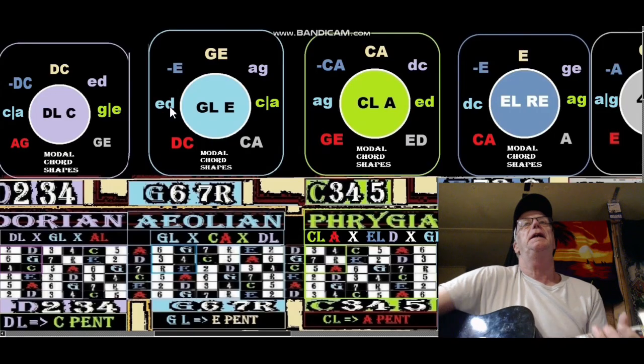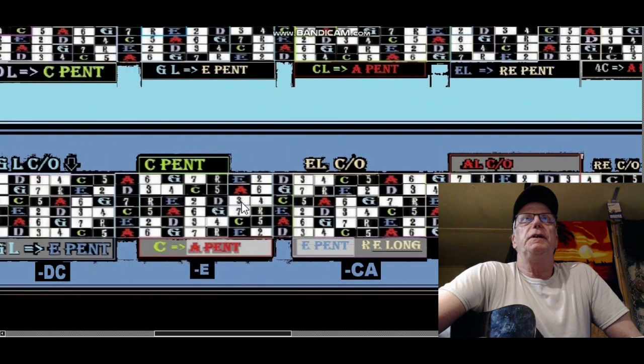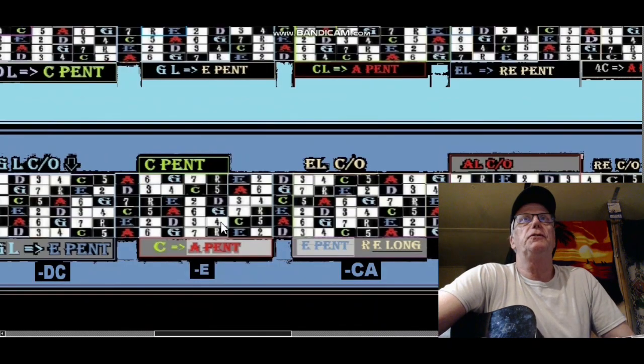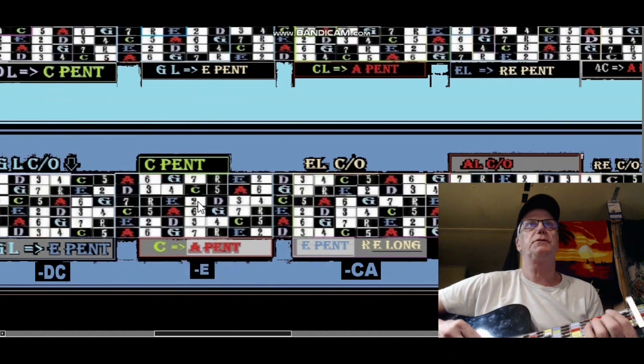Okay, and now let's look down at just dropping that 5, root, 3, one of them down a scale member. So it's 5 goes to 4, root goes to 7, 3 goes to 2, and we have this kind of funny shape thing. So we started here,